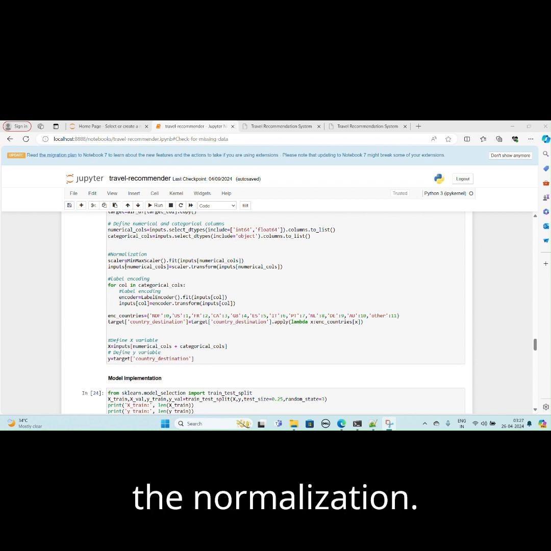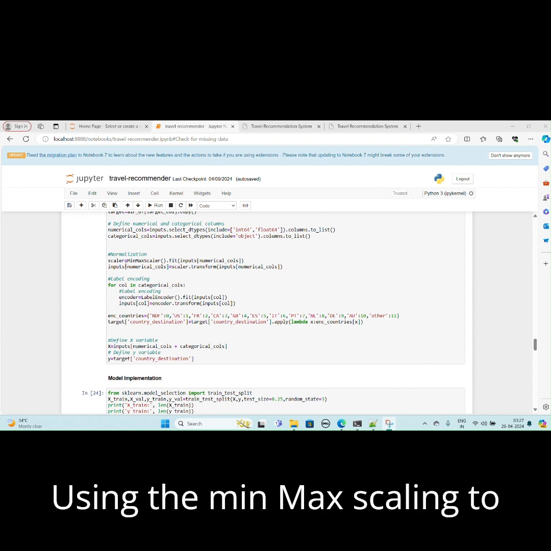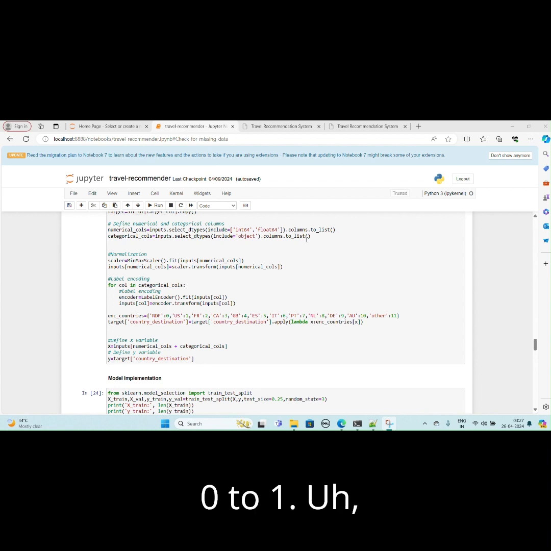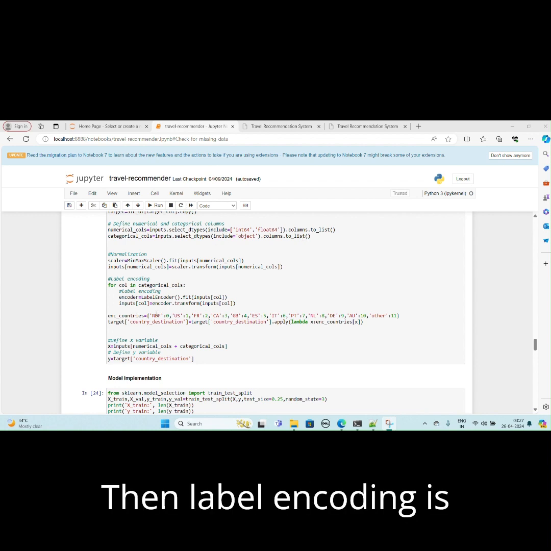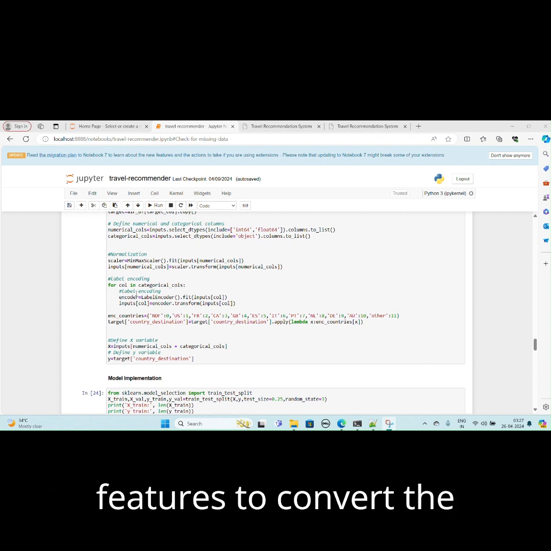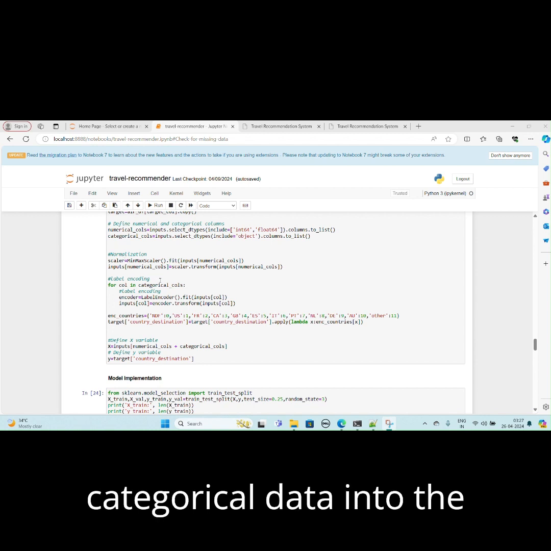We are performing the normalization using min-max scaling to scale the features in the range of 0 to 1. Then label encoding is performed on the categorical features to convert the categorical data into numerical format.